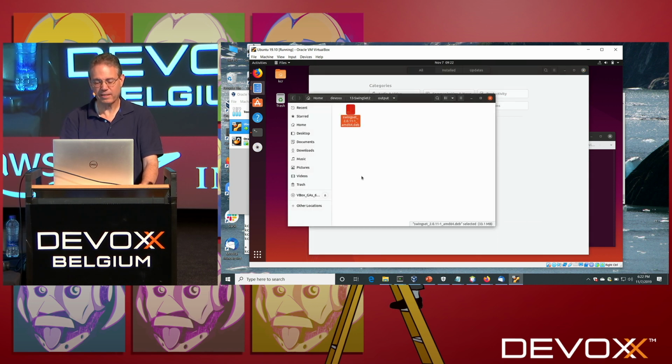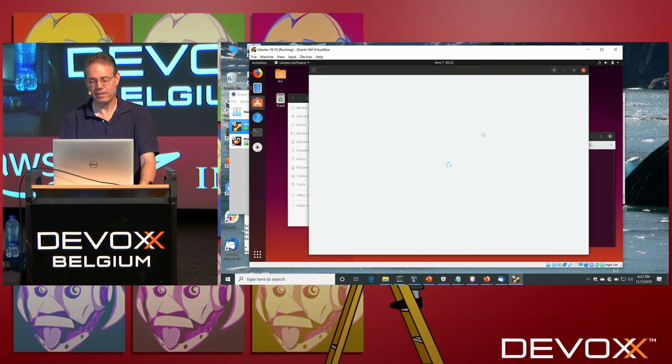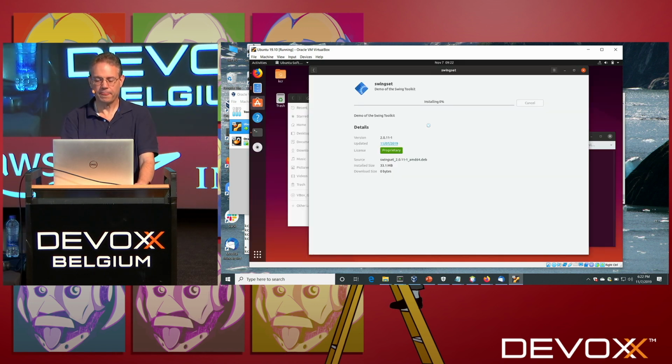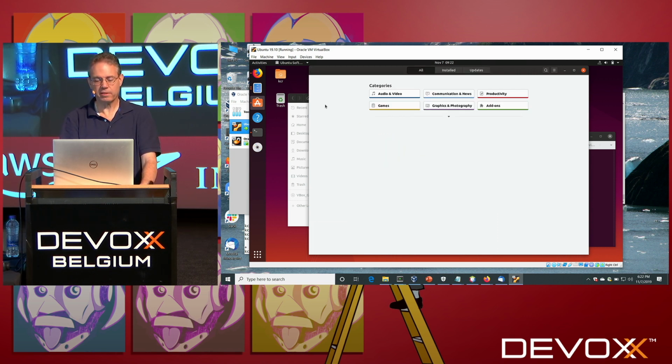back to that and double-click on it again. Now that it's finished, it should come up and install. So it'll bring up this install icon, and I just click install. And I don't think I said to put an icon on the desktop, but it will be available in the application window here. So if I go back to the main window,